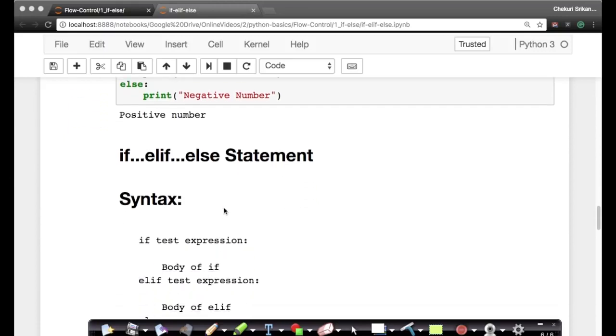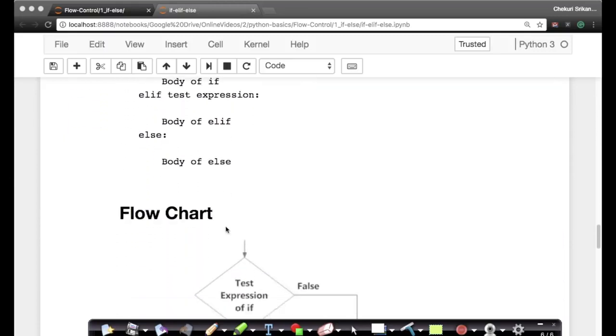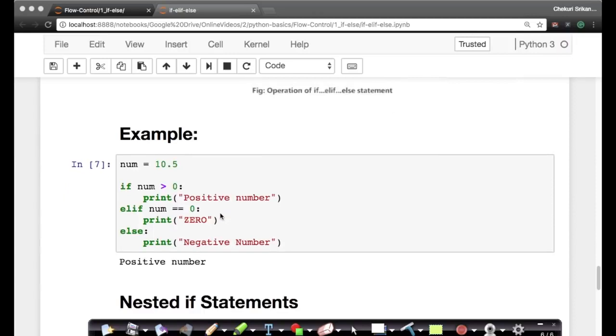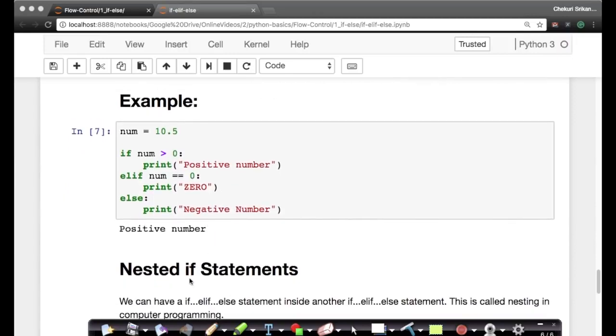There is also something slightly different. People who come from the C world know if and else, but there is also something called elif. Elif is nothing but else if, and needs to be read as else if, just for simplicity. So let's see how it works. If I give a float value of 10.5 to num, and now when I run this, let me quickly run this for you.